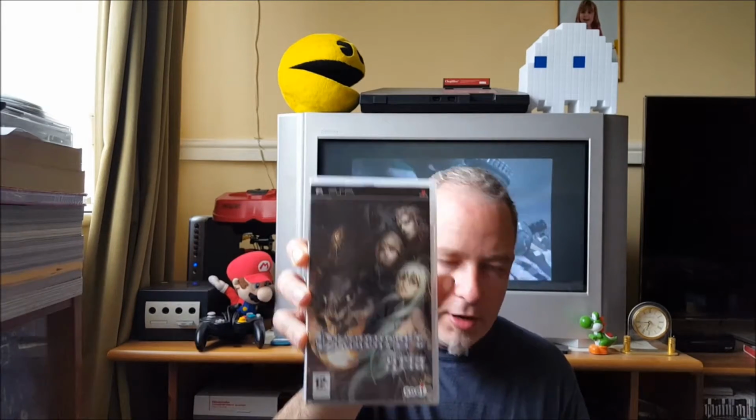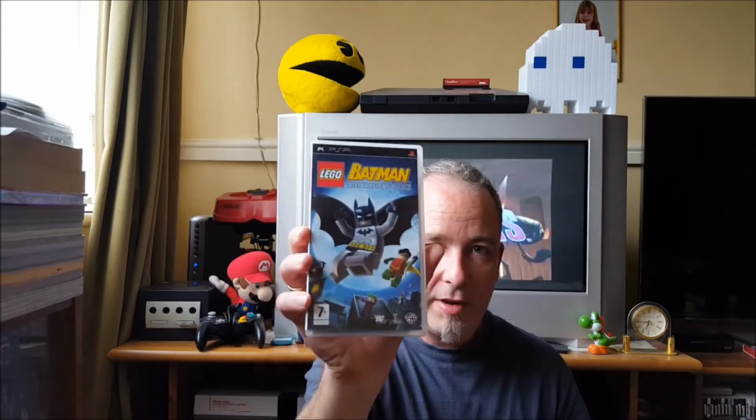Dissidia Final Fantasy, Dragoneer's Aria, or Area, Dungeon Explorer. Most of these are complete in very good condition with manuals as well. I think there's about 3 without manuals. God of War Chains of Olympus, which I do have, but I know that my existing copies are platinum, so that's good. Lego Batman,